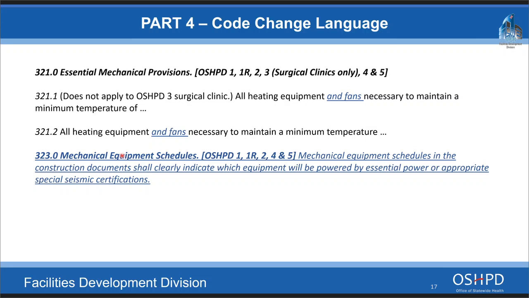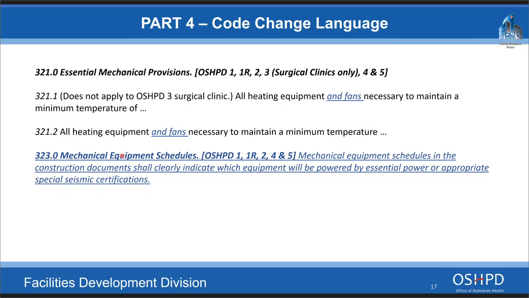Okay. With section 320.1, our language was really specific that we need heating equipment on essential power, but we didn't specifically state fans also. In most facilities, the fans are on essential power because they are used to pressurize different spaces. So in that case, there's a requirement for fans to be on essential power. In the rare instance that the fans may not be required to be on essential power, we're saying here that they still need to be on essential power in order to deliver the hot air. So that's all we're doing. It's just a minor clarification.